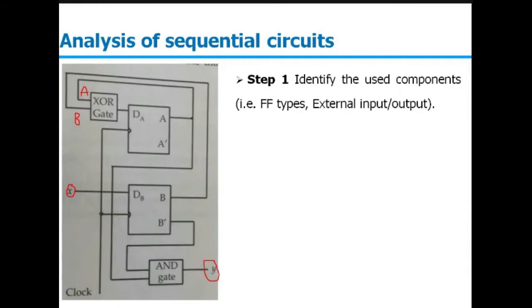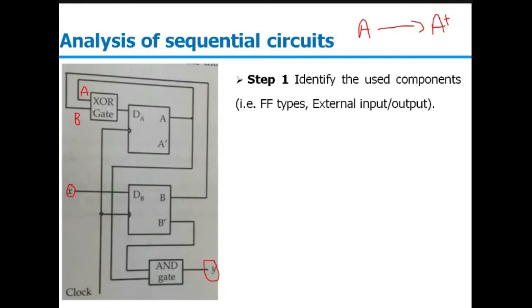Now we will write the expression for flip-flop input and external output. Why are we interested in the flip-flop input? Because when we talk about a state change, you are in the present state A, and you are moving into the next state, let's say A plus. How will you comment on the next state? That next state will depend on the input of your flip-flop. So once you know the input, only then can you comment on the next state.